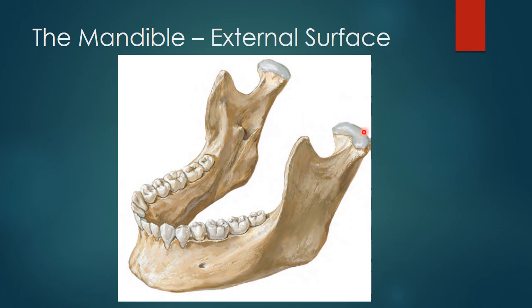The second process is the condyle or the condyloid process. It is variable in form and is divided into a superior or articular portion and an inferior or neck portion. The condyle is convex above, fitting into the mandibular fossa of the temporal bone when the mandible is articulated to the skull. Between the processes is a smooth semicircular notch called the mandibular notch.